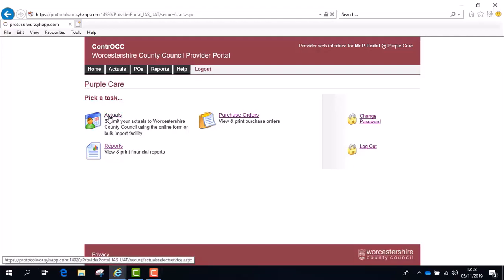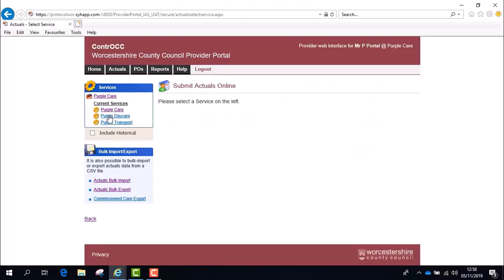Editing actuals. This video details the process to edit actuals and should be used alongside the user guide recording actual service delivery. Confirming what hours have been delivered is key as this forms a basis of what will be charged to the council. Prior to submitting an invoice, the actuals need to be confirmed for each service user.